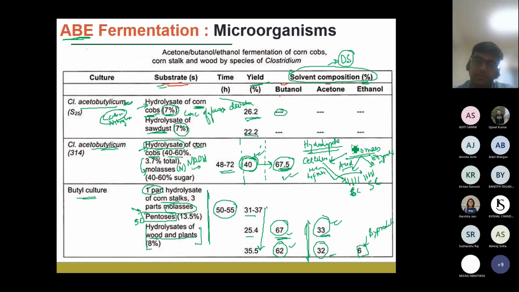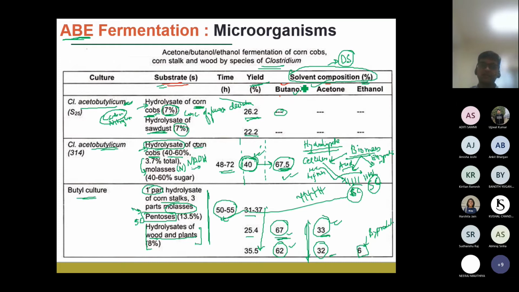Whatever waste biomass we see around from any agricultural source or any woody plant source needs to be hydrolyzed so that we can break the long chains of cellulose into smaller fragments of monomeric units. Then these 5 carbon and 6 carbon sugars will be used by Clostridium microorganisms for the production of butanol and acetone. Butanol can be used for bioenergy applications, and acetone in industries for carrying out different processes or reactions and so on.